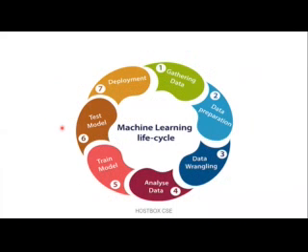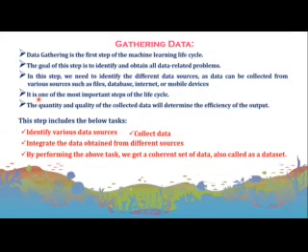It looks like this diagram: gathering data, preparation, wrangling, or we can say data cleaning and transformation, then analyze data, train model, test model, and deployment. At last, we deploy the model. First one is gathering data. Gathering data is the first step of machine learning, and there are two kinds: one is called primary data, and another is called secondary data.